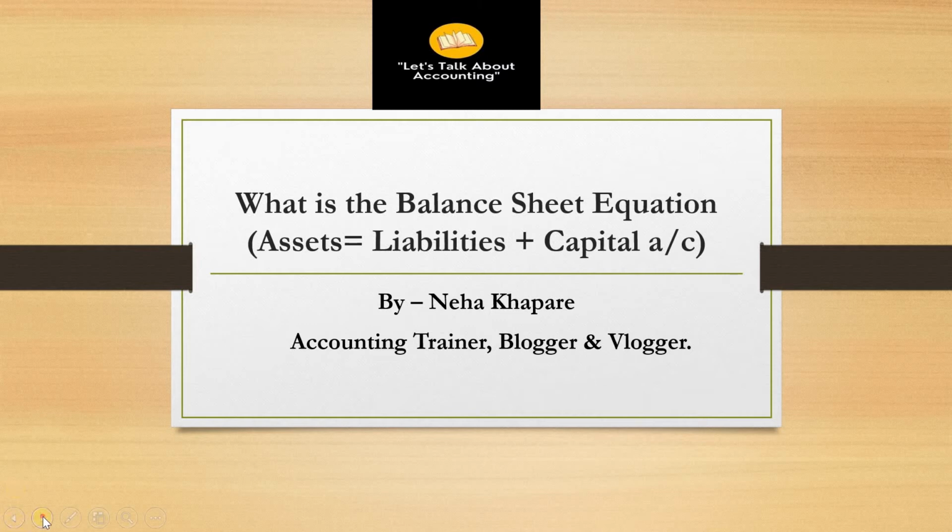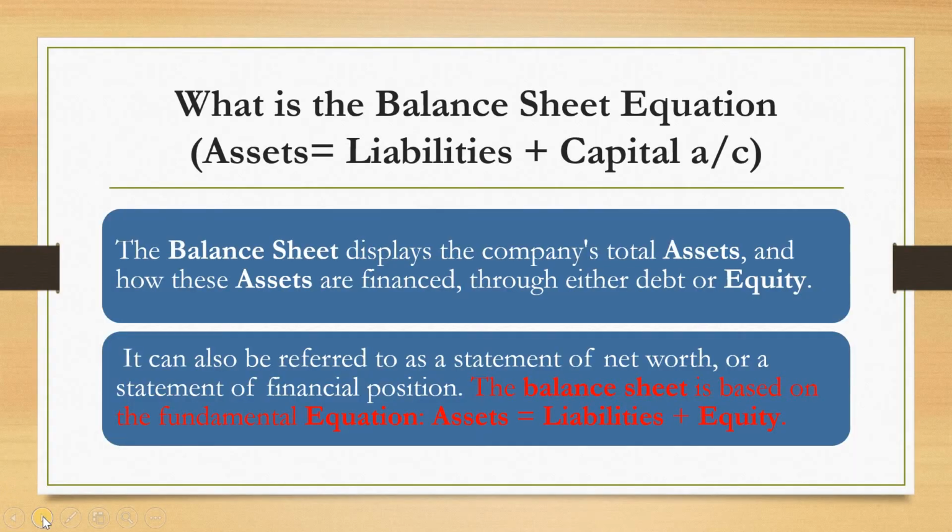Okay friends, first of all I would like to tell you that you all must be familiar with the balance sheet. On your left hand side you have liabilities, on your right hand side you have assets. Liabilities consist of equity as well as liabilities. In equity you have the partner's capital account or the proprietor's capital account, and then you have current liabilities like sundry creditors or provisions. You also have your loans like your OD account, secured loans or unsecured loans.